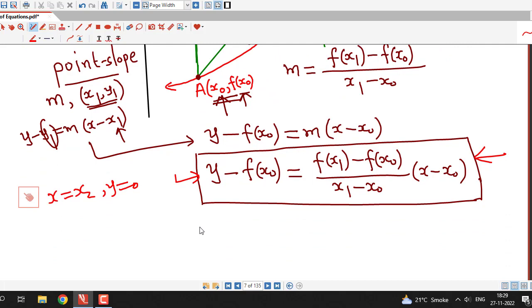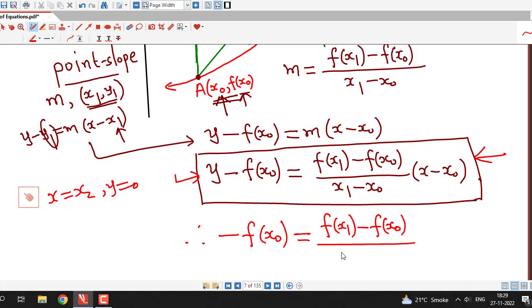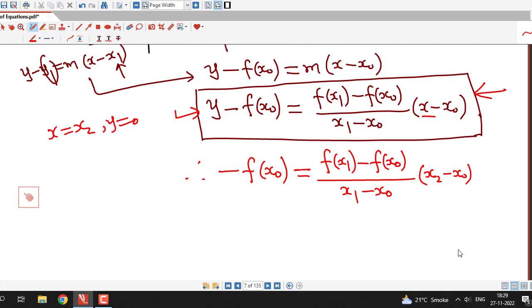So I am putting y equal to 0 and x equal to x2. So I will have minus f of x0 equal to f of x1 minus f of x0 divided by x1 minus x0, and I replace x by x2 here, so I have x2 minus x0,